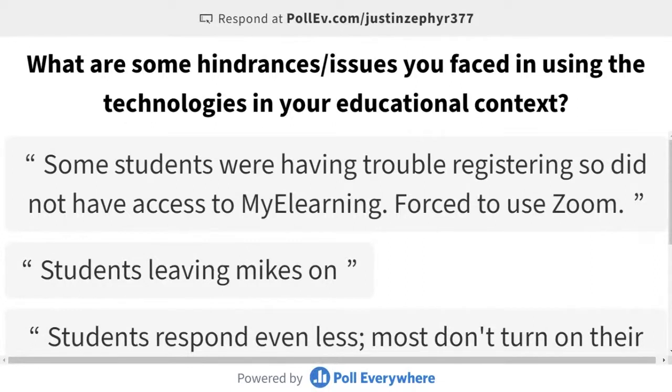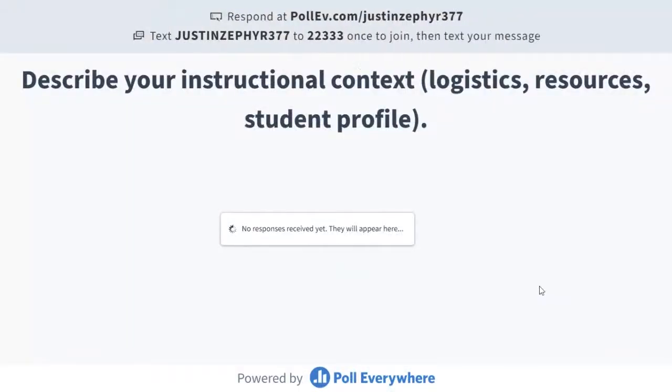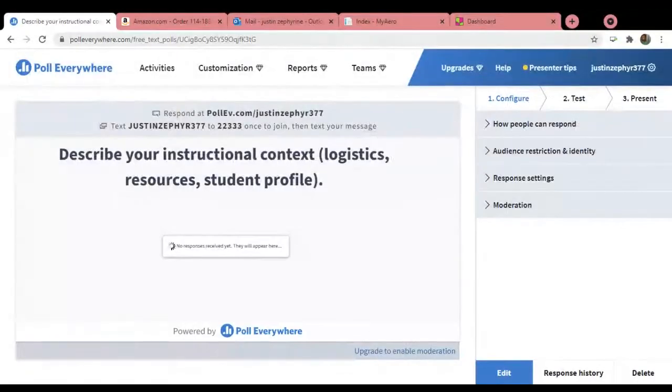All right, some students wanted to address that. I would say just put some housekeeping rules at the beginning of your session so they are made aware of it. Sometimes it won't stop it from happening, but at least it will minimize it. Some students were having trouble registering, so did not have access to My Learning. Oh, right. That is an ongoing issue, I believe. Fair enough, and I think the campus is working on it. Hopefully it's resolved sooner rather than later. I think they removed certain roles, and we'll get to this after, so I'm not going there now.